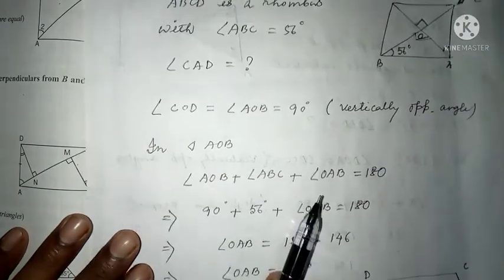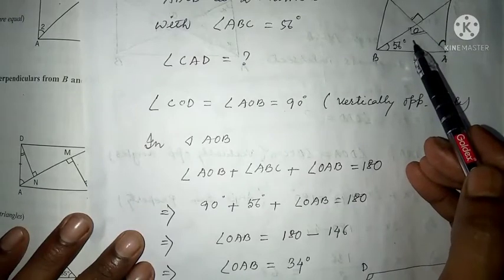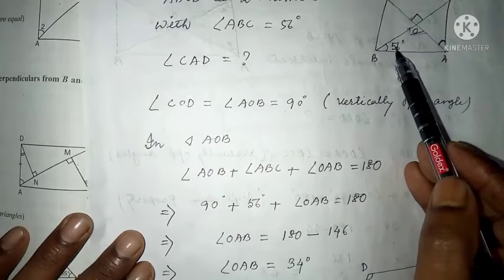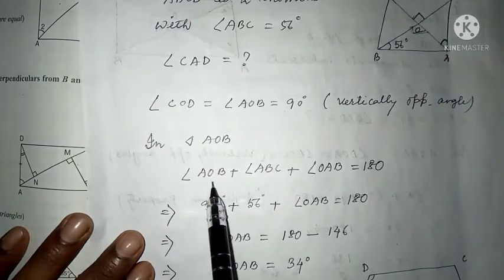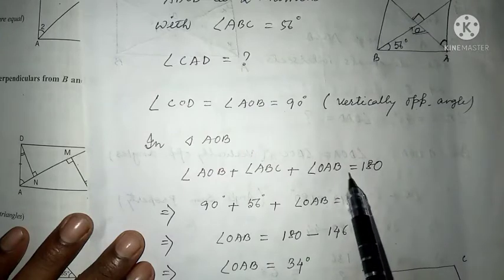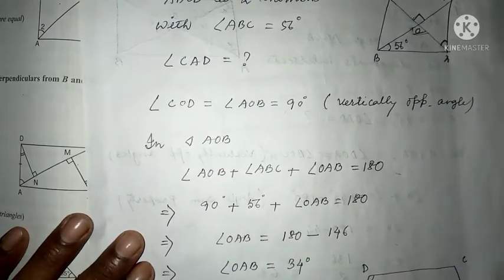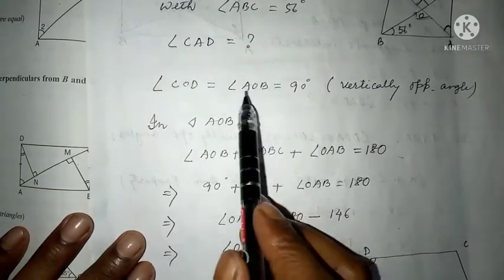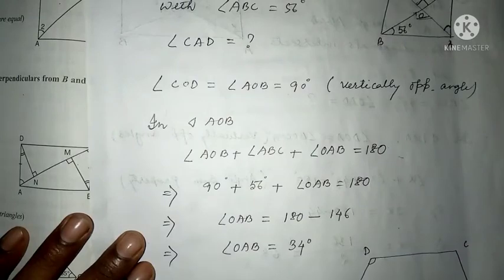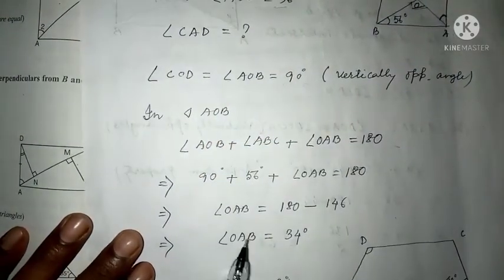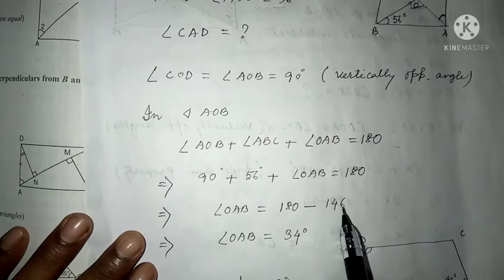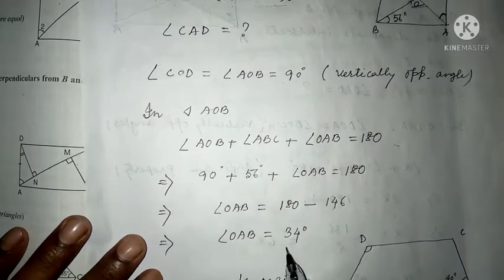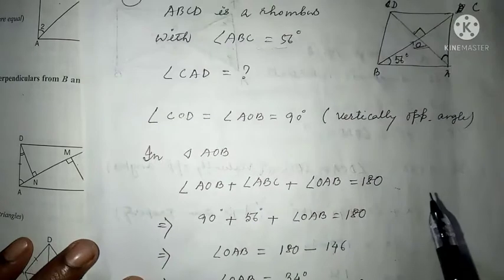This is your O angle. Now if I apply the angle sum property here, what will happen? AOB, this angle, OBA, this angle, plus OAB. If I sum up all these three angles together, it gives me 180 degrees. If you want, you can write here angle sum property. AOB is 90, ABC is already given in the question, that is 56 degrees. I have written it here. Then you add this together, it gives me 146, and then transposing, it will give us 180 minus 146. Then subtract, it will be 34 degrees.